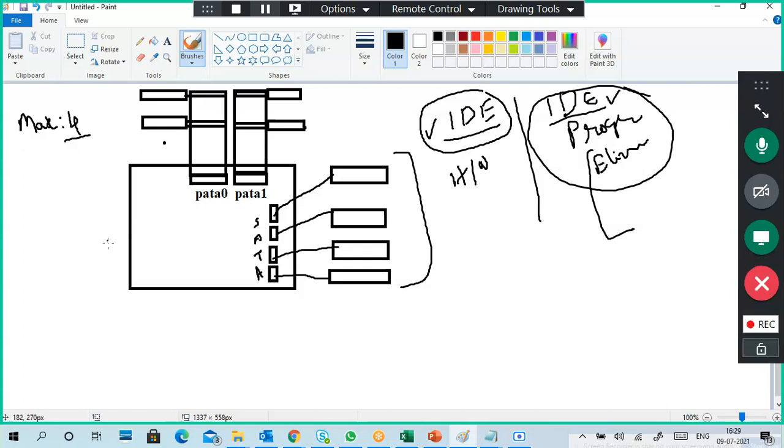So how many disks, guys? 4 disks. Okay. So the maximum we can connect is 4 disks only, not more than that. So what is the first one? To explain SCSI, I am first explaining what we have now. You cannot connect more than 4. 4 is the maximum here.